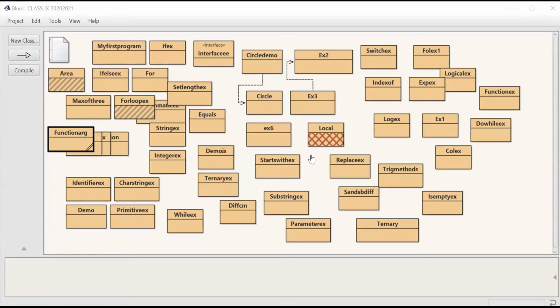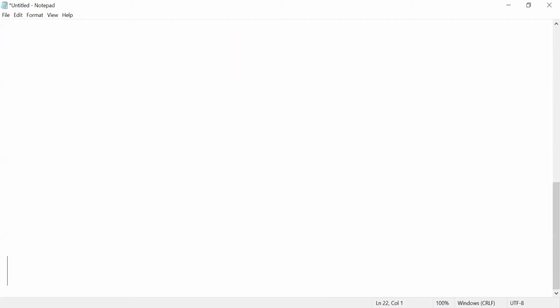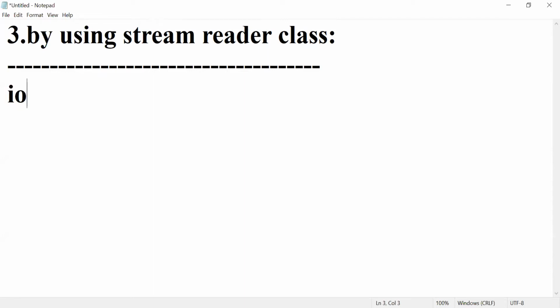Now the third method, see, by using stream reader class. If you want to use stream reader class in your program, the first point you have to remember is you have to import the IO package.